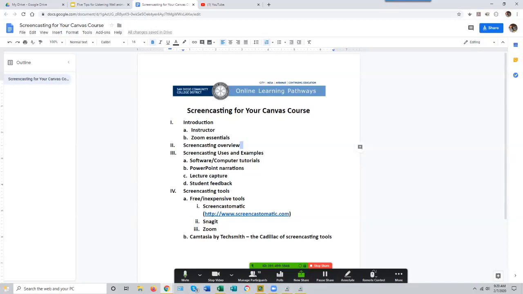Indeed, creating a screencast, I think you'll see here as we move on, is often quicker than typing out lecture notes. It's especially quicker if you're typing out lecture notes for your students and including pictures and screenshots and things like that to illustrate what you're typing about. It's much easier and quicker to do that